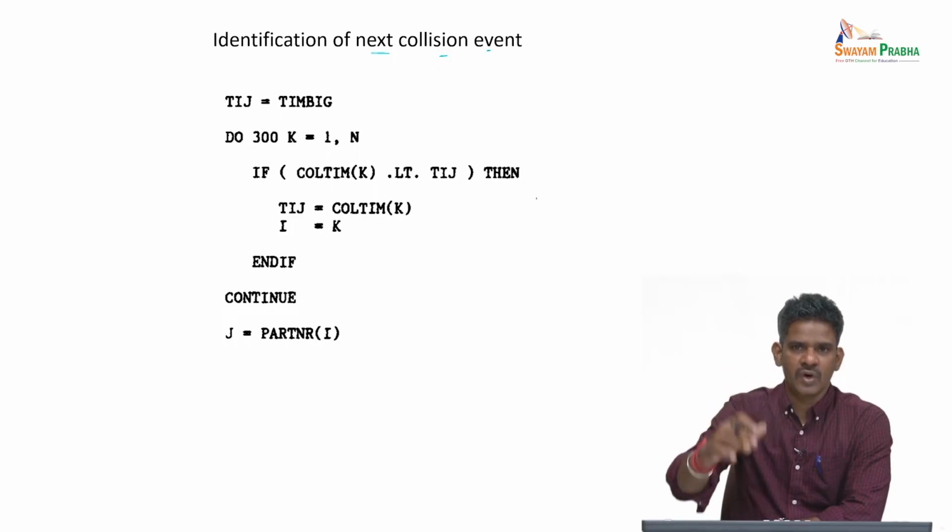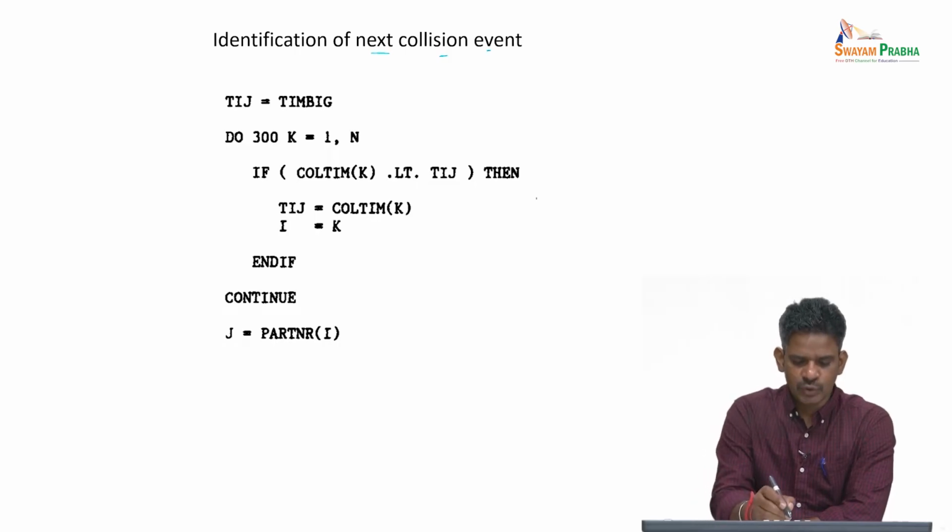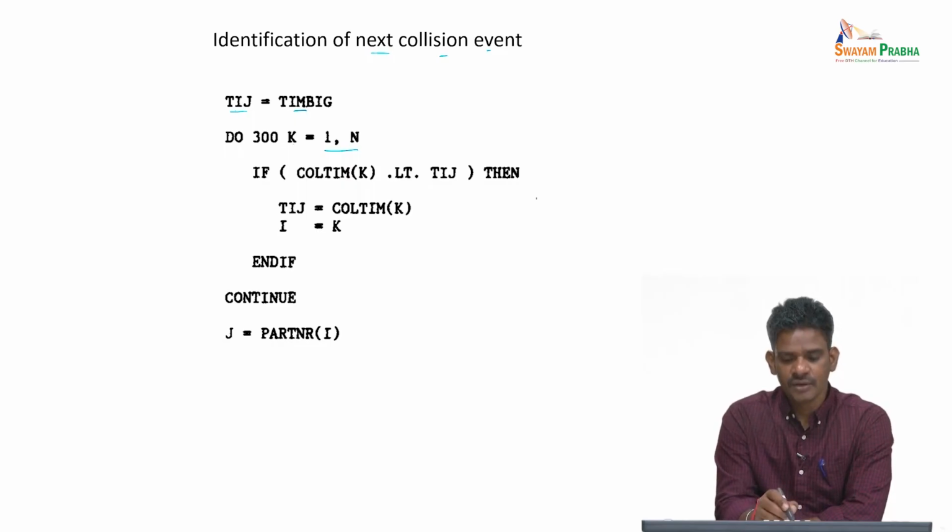The next collision event is nothing but the pair which has the least collision time. Now we have looped over all the particle i and j pairs and found the collision times, so we have to find which pair of particles has the least collision time. To do that, you loop over particle 1 to n, start with some big number Tij, and for every particle k from 1 to n, you check whether the collision time of the kth particle is less than Tij or not. If so, you set Tij to the collision time of the kth particle,